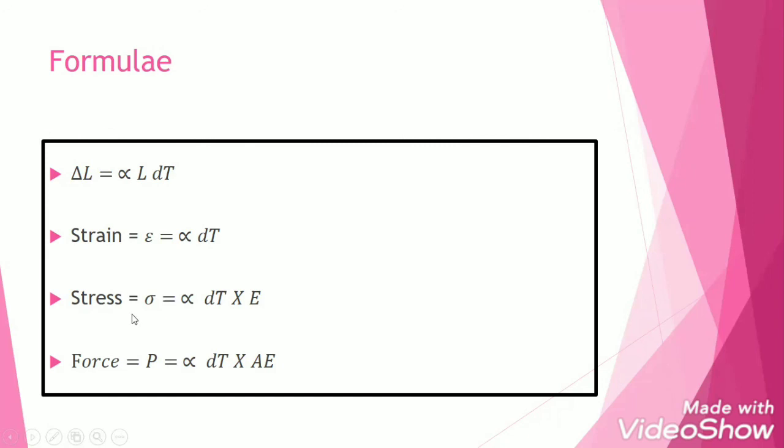Now to find out stress, sigma is equal to strain into Young's modulus. So strain is alpha into dT, multiplied with Young's modulus E, that will give you stress. Then to find out how much force, whether that is a tensile force or compressive force, based on whether temperature is rising or falling, you can find out from the general concept, sigma into area. Stress into area will give you the force, and force is equal to alpha into dT into E into area.